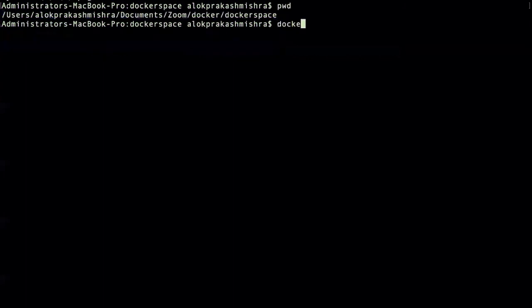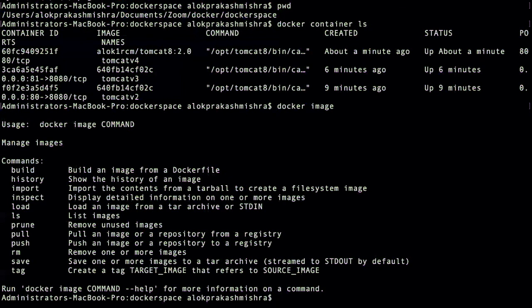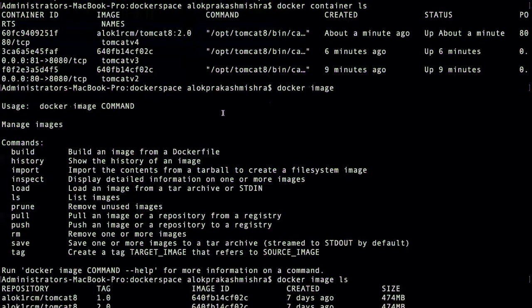Okay, one last command, docker container ls. There are three containers running. If you want to delete a Docker image, docker image ls, so there are two images. To delete an image, there is docker rmi, then the image name, and then the tag name.